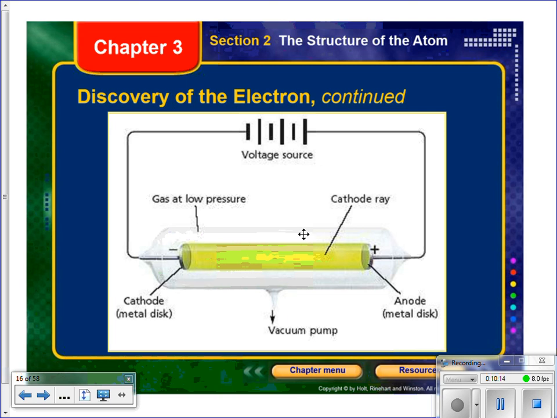So this is just a glass tube. It has a piece of metal hanging out of each end where it's been sealed. And inside the tube, attached to this piece of wire, is a metal disc. You can take the ends of the wire and hook them up to a battery. Or if it's a TV or computer, you would just plug it into the wall. And then it shows a vacuum pump. So what's happened is they've sucked all the air out of the inside of this glass tube and sealed it. When you plug it in,